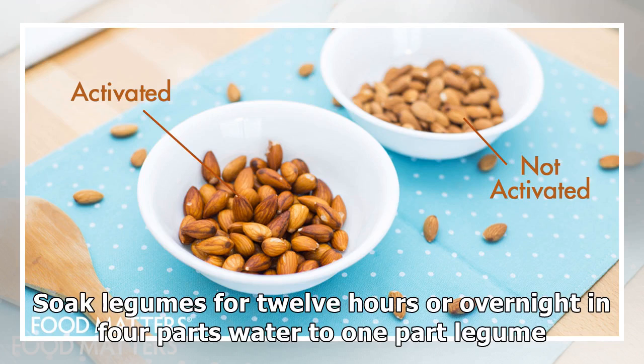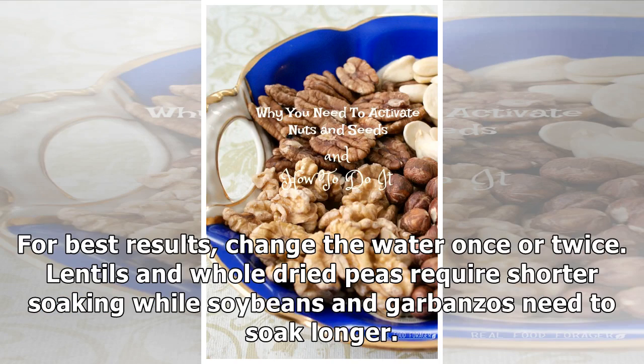Soak legumes for 12 hours, or overnight, in 4 parts water to 1 part legume. Best results: change the water